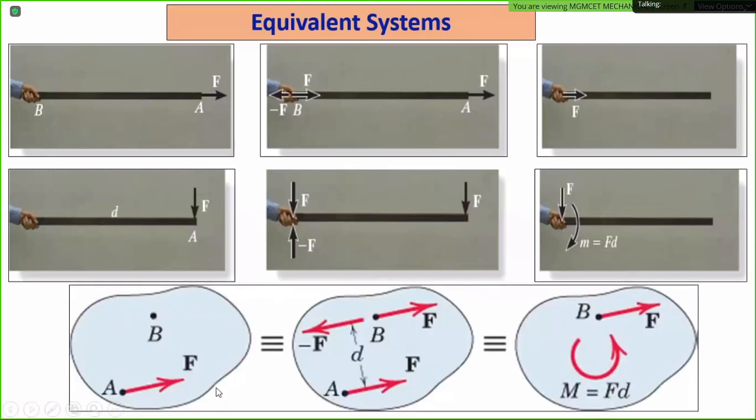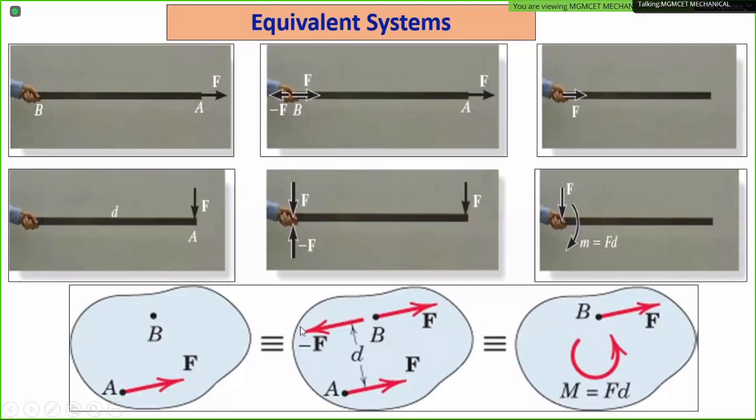देखो ये body दिया हुआ है, a force F is acting at point A towards right hand side, and you need to shift the force acting at point B. B पे मुझे shift करना है, लेकिन effect उसका change नहीं होना चाहिए. तो मैंने क्या कर दिया? Same magnitude F जो है अपना, two forces I am adding at point B, but in opposite direction. The force F I have added here in two different directions, one acting towards right, one acting towards left. So net effect क्या होगा ये दो force का? This force and this force forming a couple. ये दोनों force मिलके एक couple form करेंगे. Couple क्या होगा? F into D.